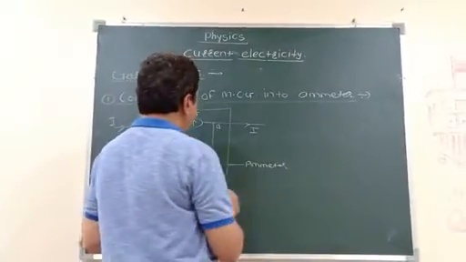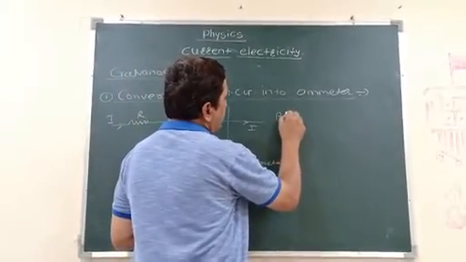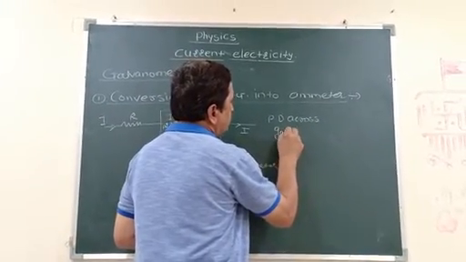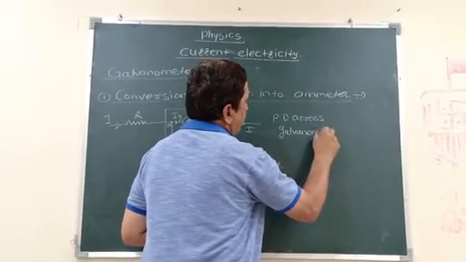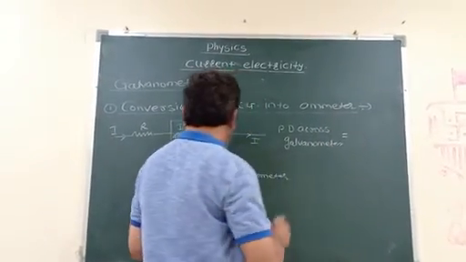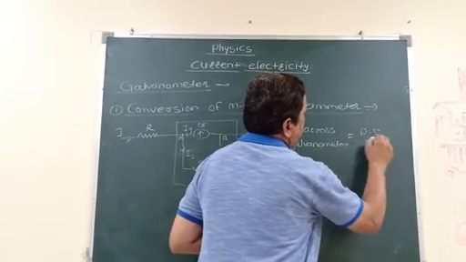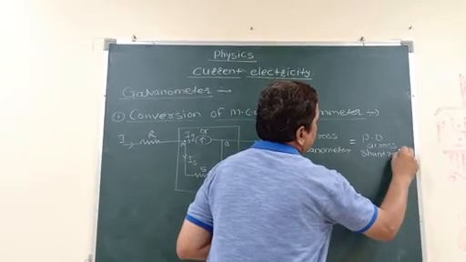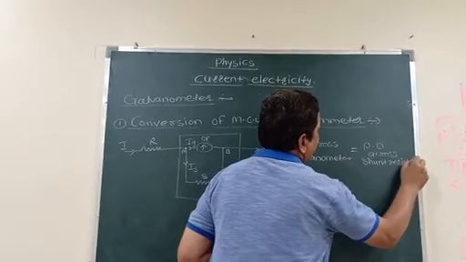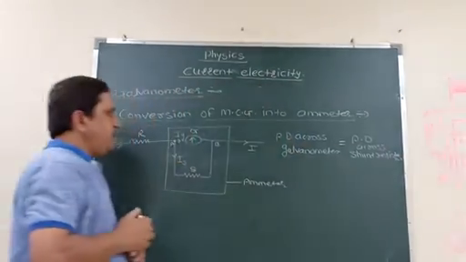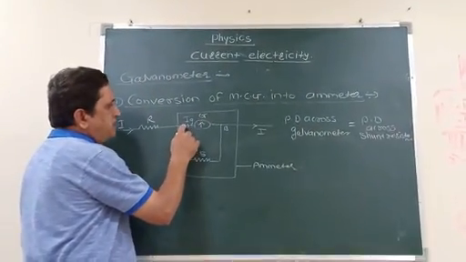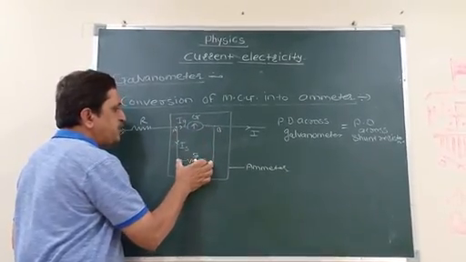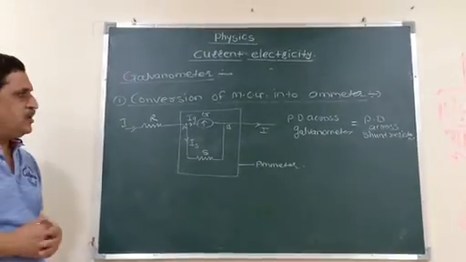Now from this figure, we can say that the potential difference across the galvanometer is equal to the potential difference across the shunt resistor. What am I reading? See here, between points A and B, the galvanometer is connected. Between these same two points, the shunt resistance is also connected. And that's why we can say that on the basis of